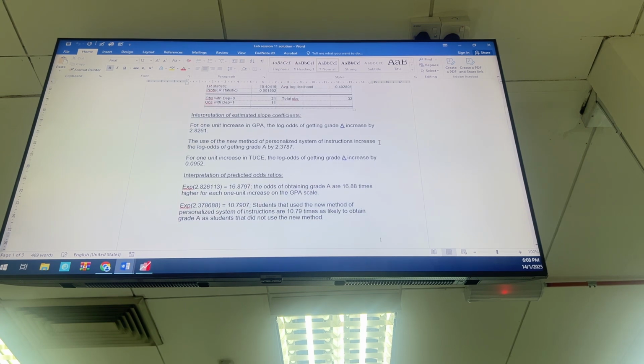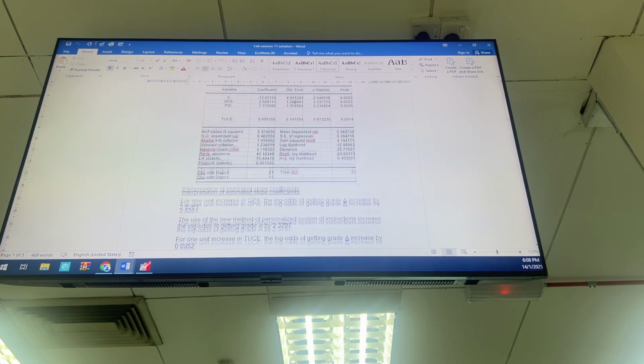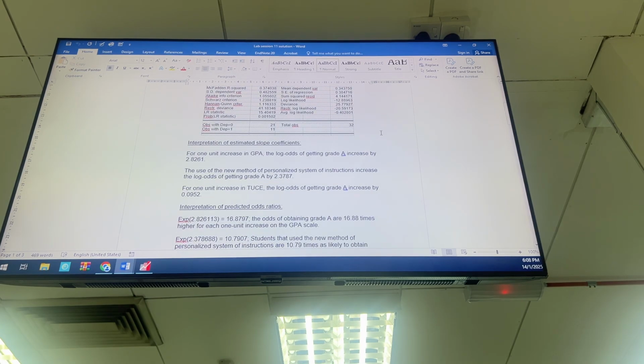So in terms of the definition of the slope coefficient, a 1 unit increase in GPA, the log odds of getting grade A increases by 2.8261, and the use of the new method of personalized system of instruction increases the log odds of getting grade A by 2.3. And for a 1 unit increase in TCE, the log odds of getting grade A increases by